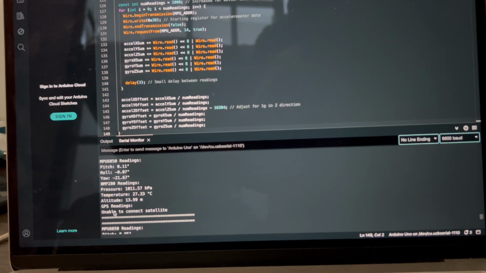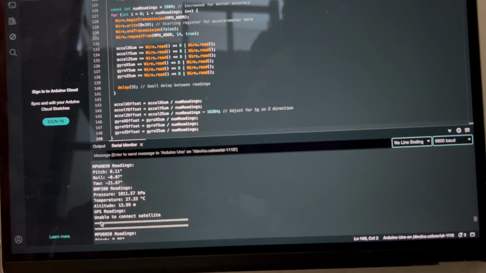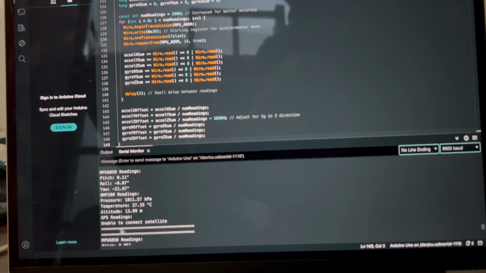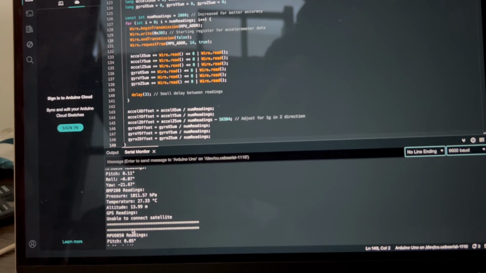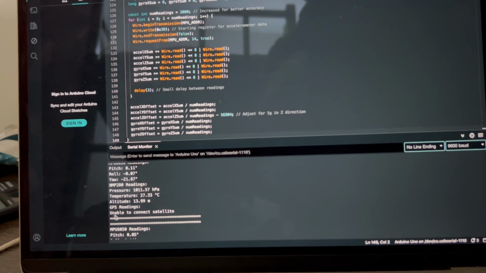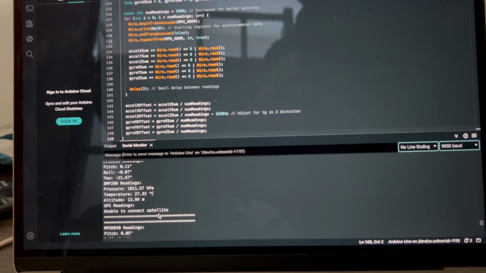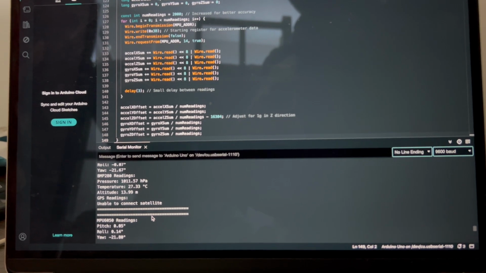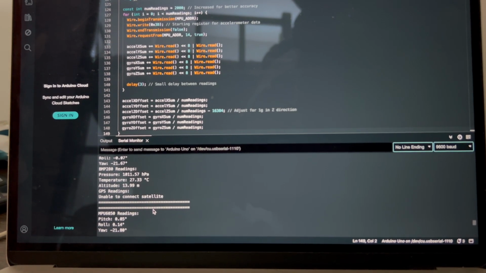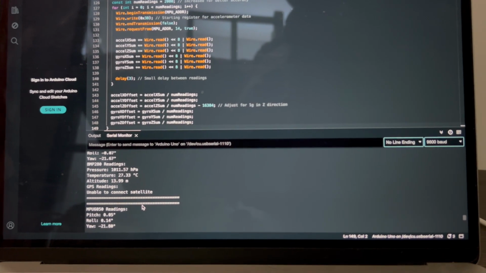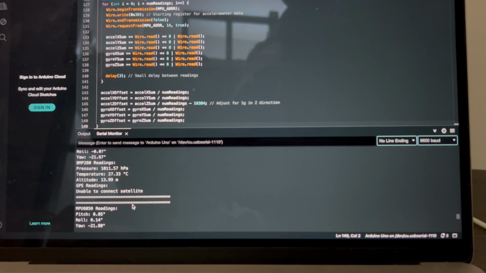Now GPS readings, since we are shooting it indoors, we won't be able to show the actual longitude and latitude of the device, and we have displayed a message saying unable to connect to the satellite. Now all these things will be pretty useful if you are using a UAV or a drone. So this will be used so that it will be able to auto stabilize itself if it's having, say, wind